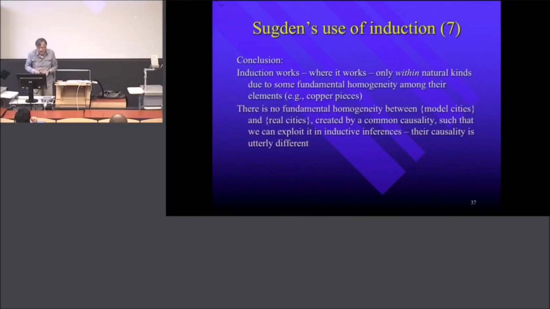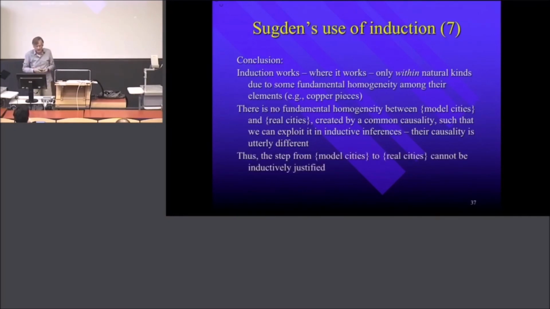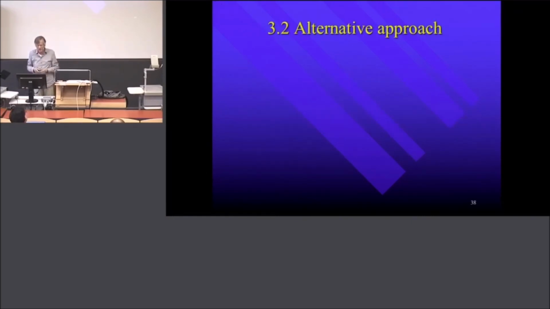There is no fundamental homogeneity between this constructed set of Sugden, the model cities, and the real cities, created by a common causality, such that we can exploit it in inductive inferences. Their causality is utterly different, although one may represent the other, but that's a different story. Thus, the step from model cities to real cities cannot be inductively justified. It doesn't work that way. Okay, so